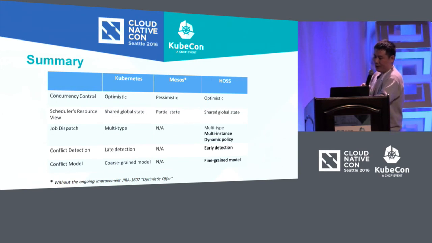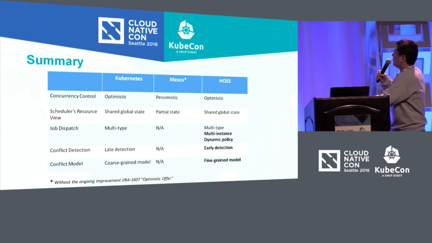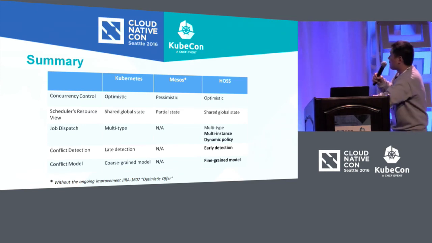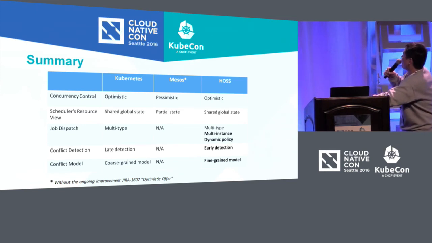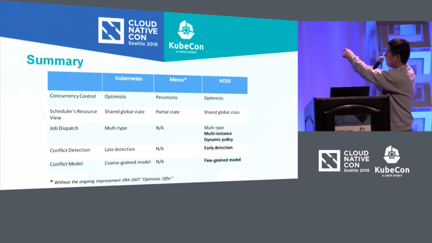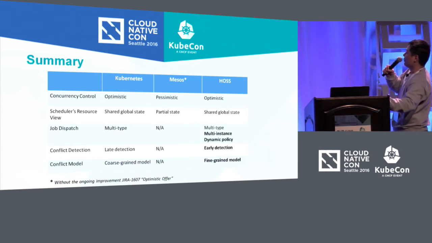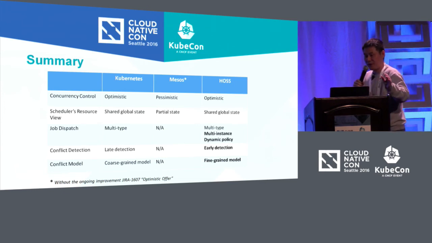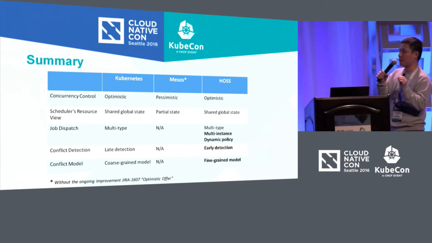The last page is a summary of these three different systems. We can see that you can treat our system as an enhanced Kubernetes. On concurrency control, both Kubernetes and our system are optimistic, while Mesos is pessimistic. Here, we do not include the ongoing optimistic offer improvement for Mesos. For scheduler resource view, Kubernetes and our system are based on shared global state. So our scheduler can see all the available node resources in the cluster, while the Mesos scheduler can